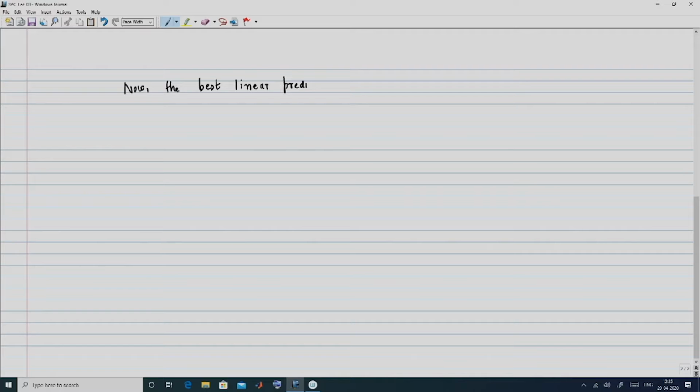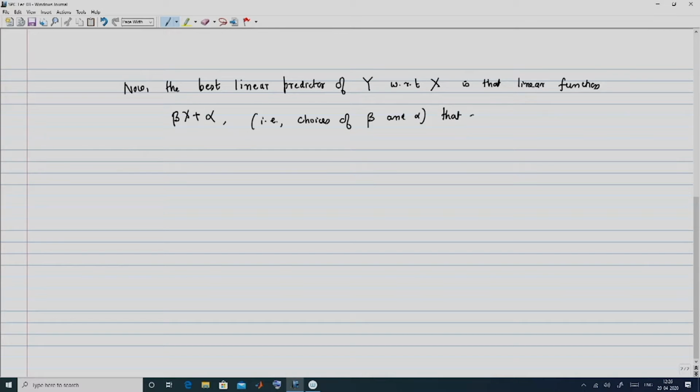So the best linear predictor of the random variable y with respect to the random variable x is that linear function beta x plus alpha, with the particular choices of beta and alpha that result from minimizing